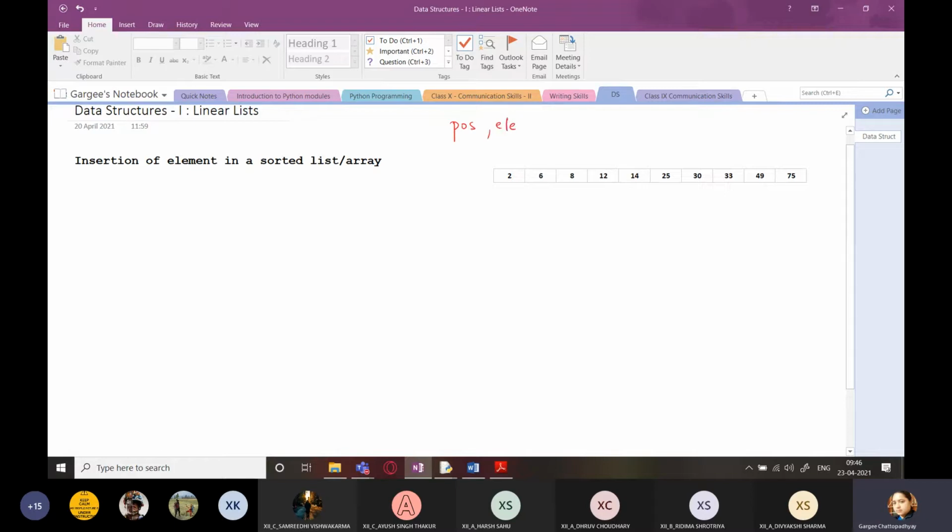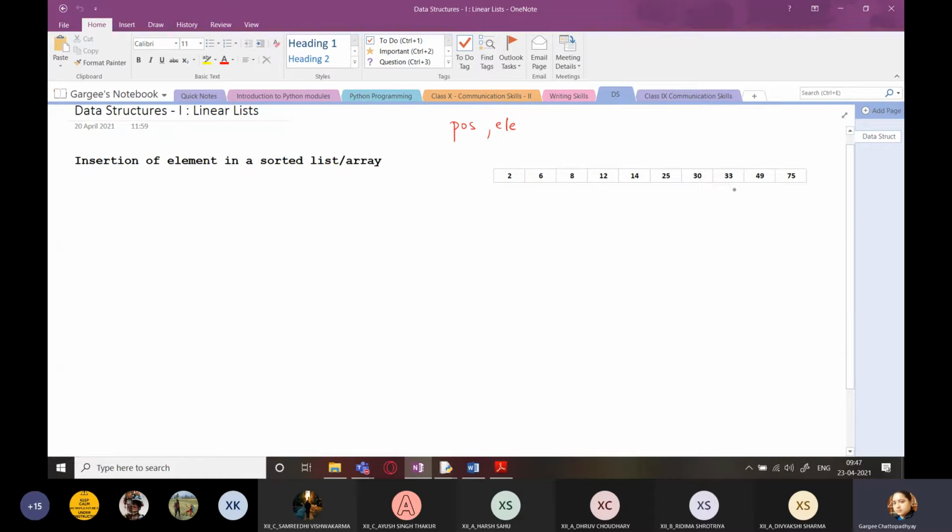And what we do is, normally in traditional arrays, we already fix a maximum size for the array right in the beginning, say 50 elements, 100 elements. So there is ample space where you can accommodate any number of elements after the last element in the array. So what happens is, after the last element, now in Python we don't have such arrays.